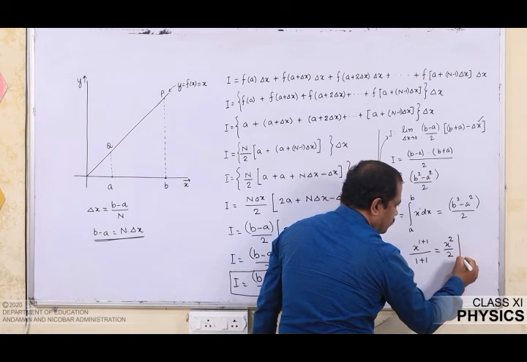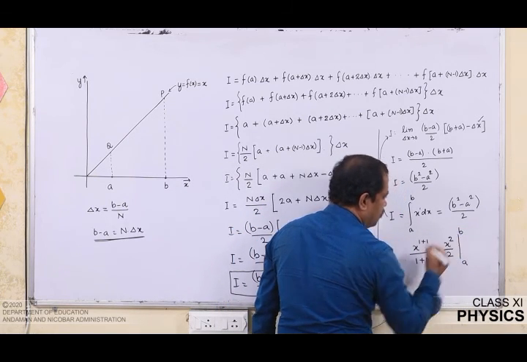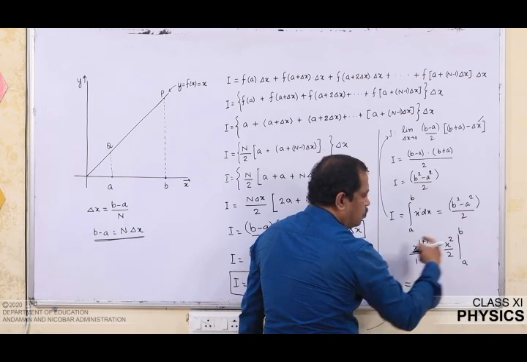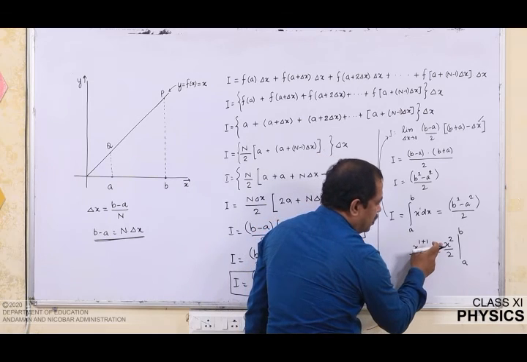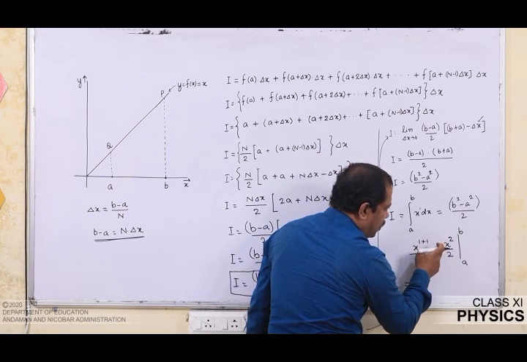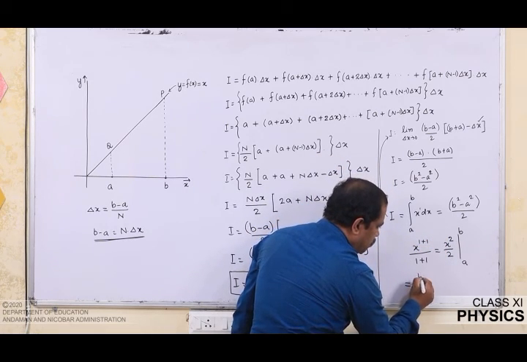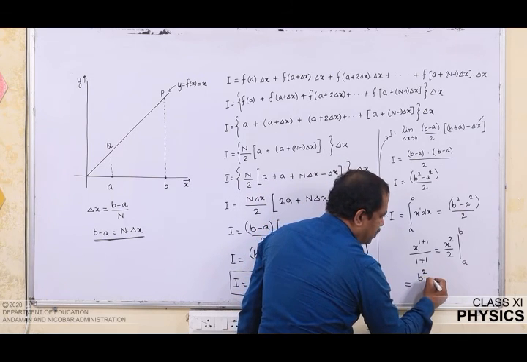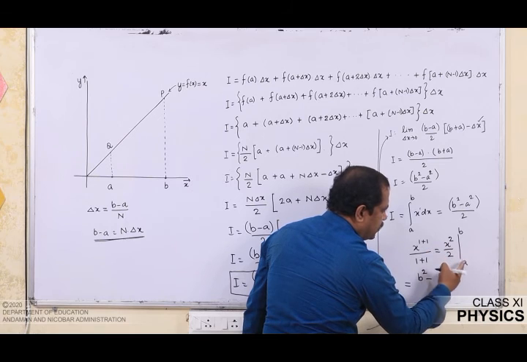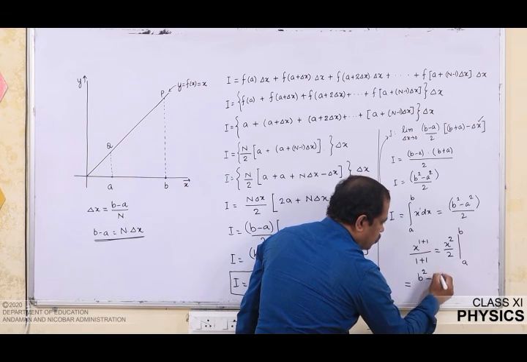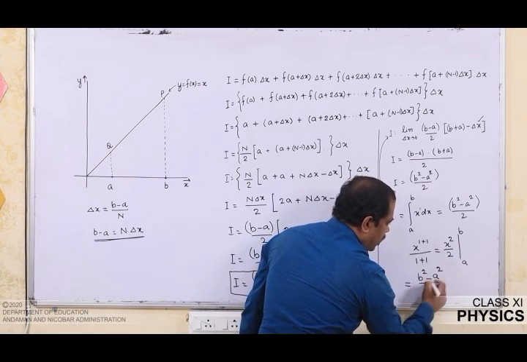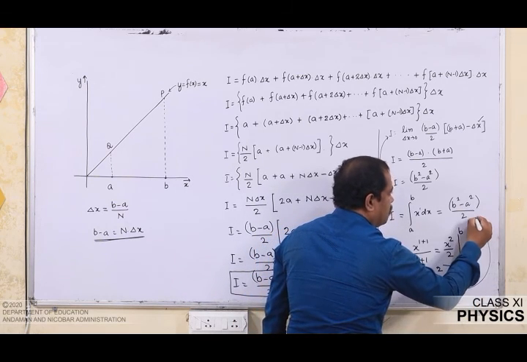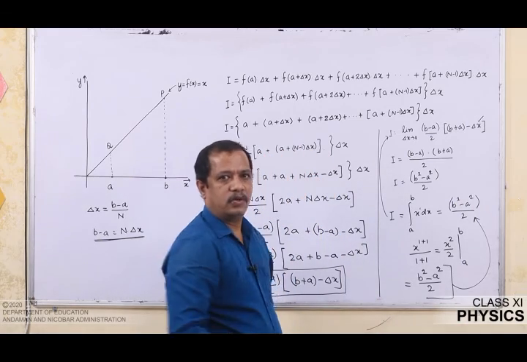So, we place the limits from lower limit to upper limit, and now we have to put the limits. So, when we put the limit, in the place of x we will put the upper limit. So, upper limit is b and x squared, so b squared minus, then again in the place of x we will put the lower limit. So, a square by 2 I have in the denominator. So, the value that I am going to get is the same as that of this.